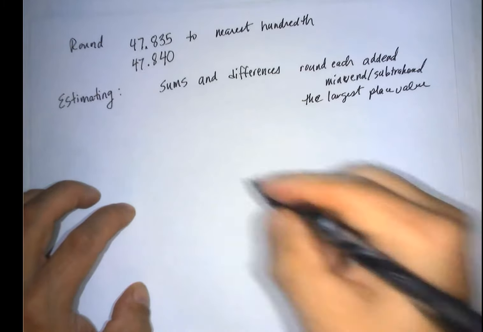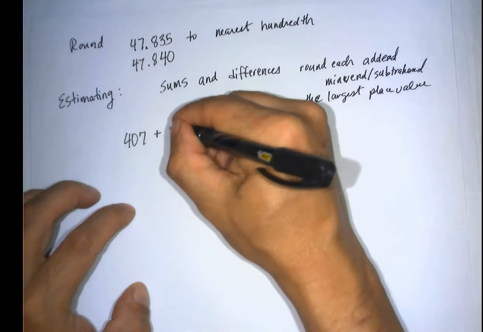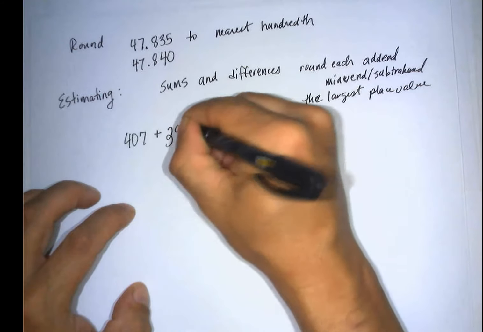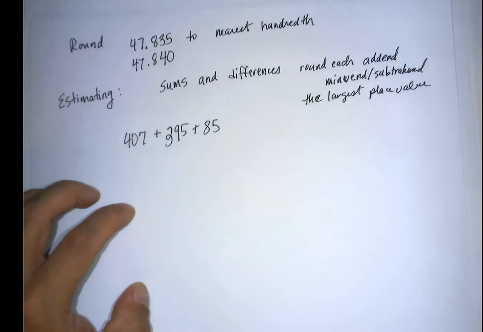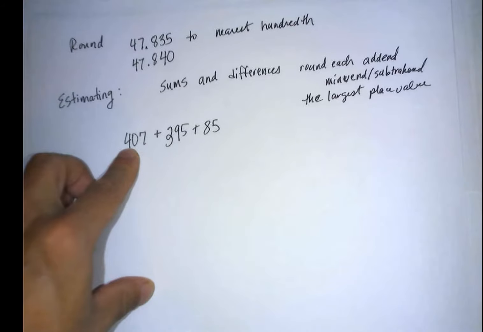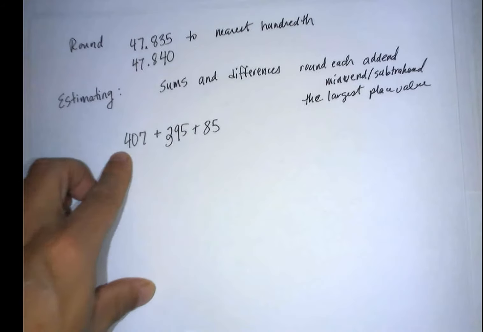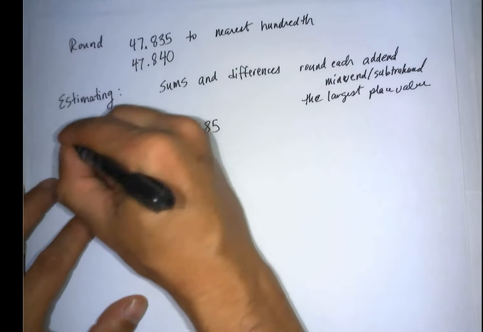For example, let's say we're doing 407 plus 395 plus 85, and we want to estimate this. Just estimate. All it says is estimate. It doesn't say estimate to the nearest 100. If that was the case, then you would round each of these to the nearest 100. But if the problem just says estimate,